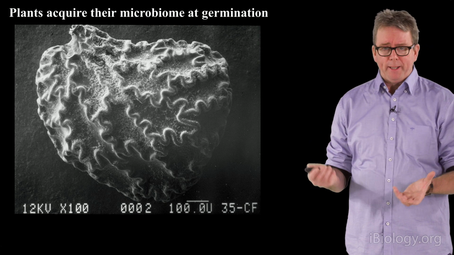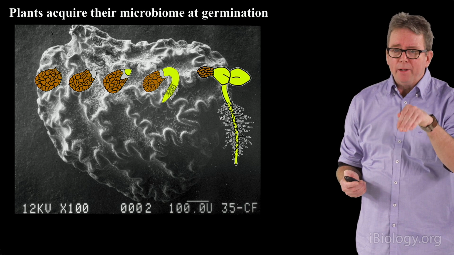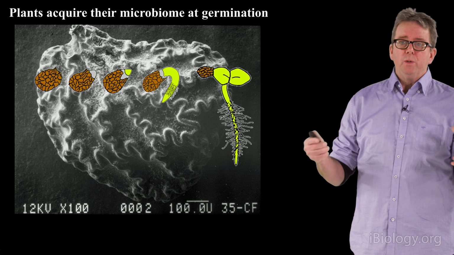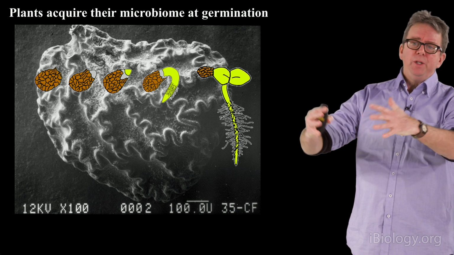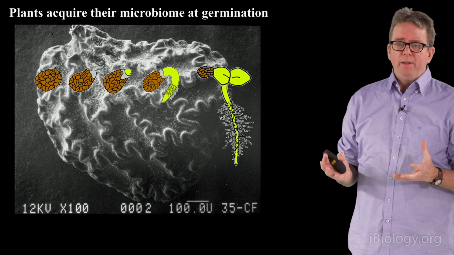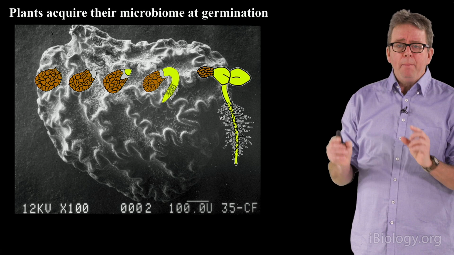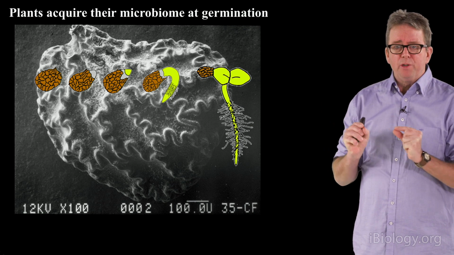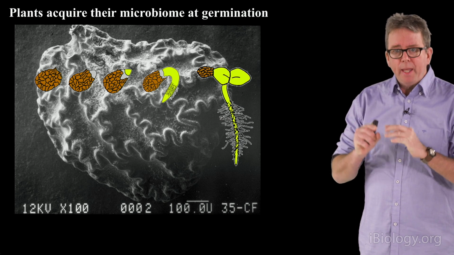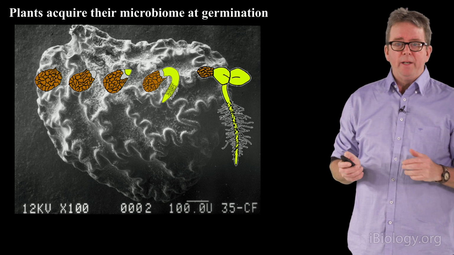They have no microbiome. But as soon as they germinate and stick their hypocotyl out into the soil, they start to acquire from that amazing marketplace of different types of microbes that live in the soils of native places in Utah. They acquire particular individual microbes that they carry with them, harbor, feed, cultivate, and carry right on through to the end of their lives.